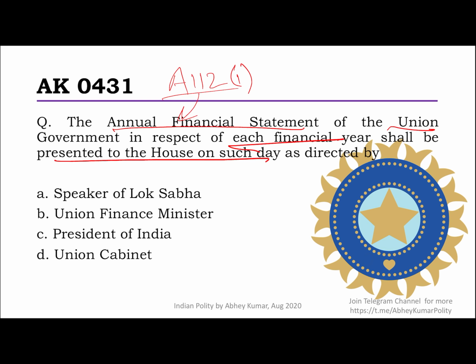Of course, it is on the advice of the Council of Ministers, specifically the Finance Minister, who is also the one who lays the statement before the House, and this is just a convention. In the states, you may have seen many times even the chief ministers of the state have tabled the budget of the state at times. Anyway, so it is to be decided and directed by the President of India.